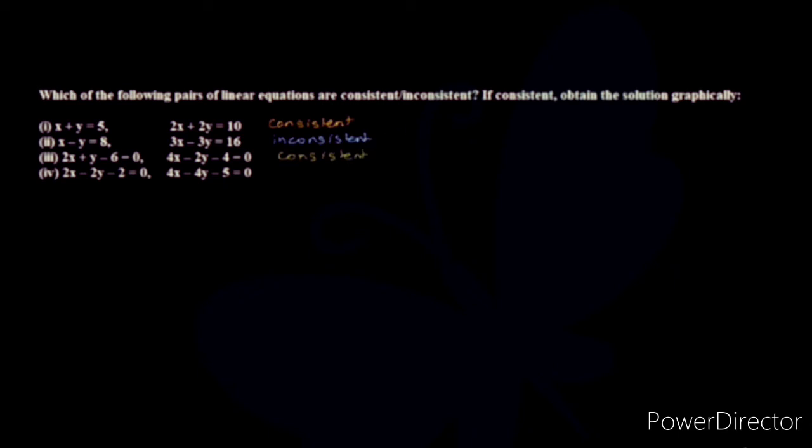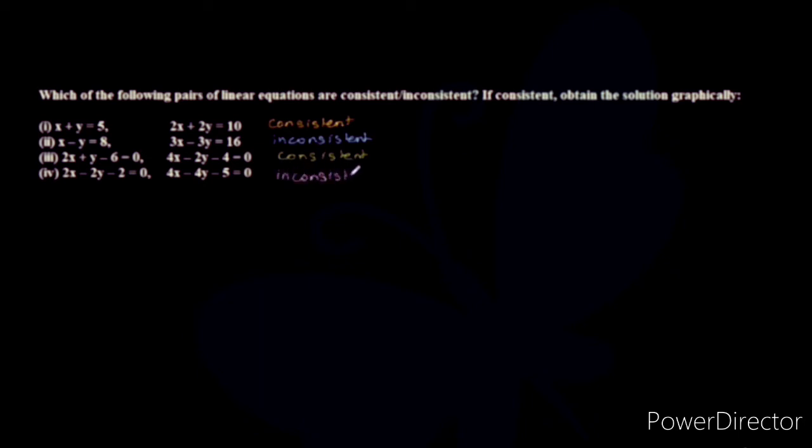Alright, the last one here we have is 2 upon 4, negative 2 upon negative 4, negative 2 upon negative 5. That becomes a half, this as well is half, and this is 2 upon 5. Again check, a1 upon a2 is equal to b1 upon b2, but collectively they are not equal to c1 upon c2. Therefore, this tells us that the last pair here is inconsistent. That is, the lines are parallel to one another. It's inconsistent. Let me write.